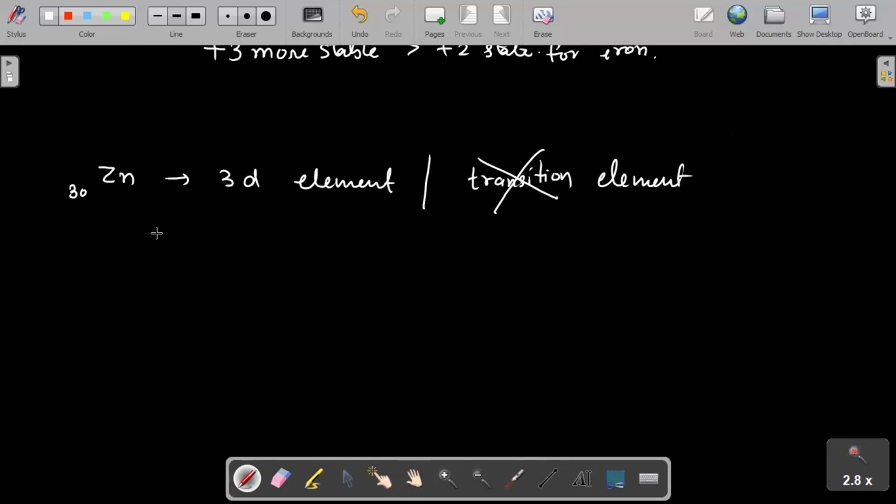Why? What is the criteria for an element to be called a transition element? Let me write the simple valence configuration of zinc, that is 3d10